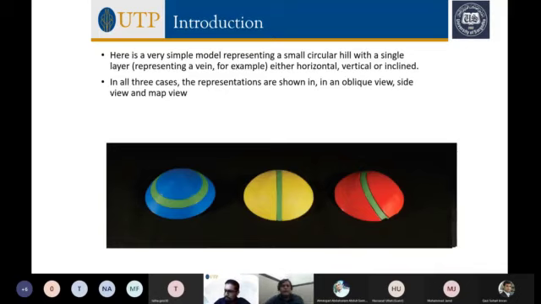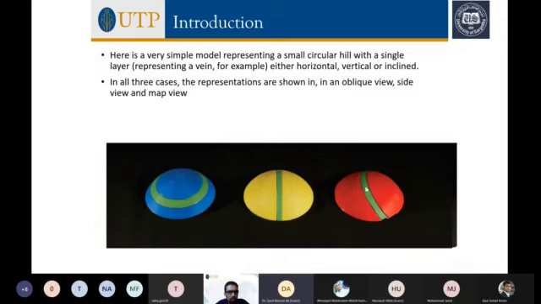Okay, so now we have here some models. You can see a circular hill that is cut with a horizontal layer. In this one we have a layer that is cutting vertically, and that can be a dike as we see in rocks, or a vein present in some strata, maybe sedimentary or metasedimentary strata.